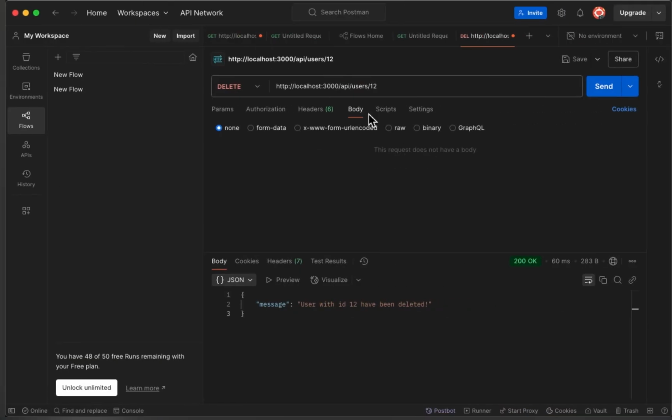As simple as this, we just want to change the method to post, and this ID is not required for post. Then we select body, then we select raw, and then we select JSON as the language to make sure it's JSON. Then simple as this, we just want to do our JSON data. So I just want to send some simple JSON data. For example, I just want to send the name,